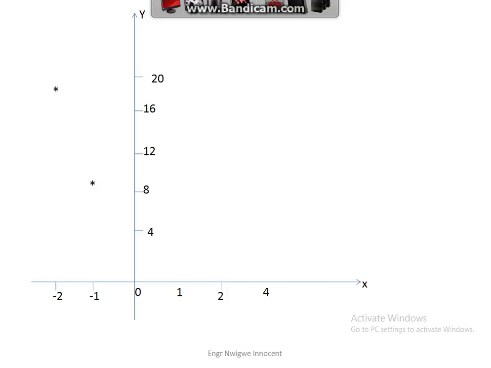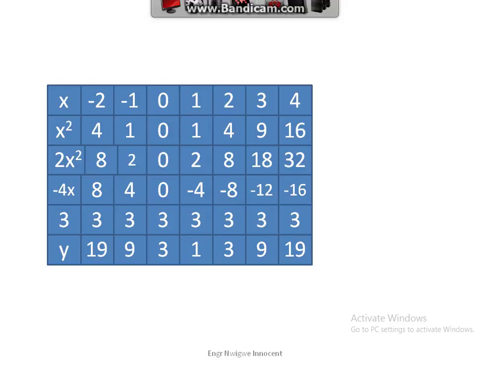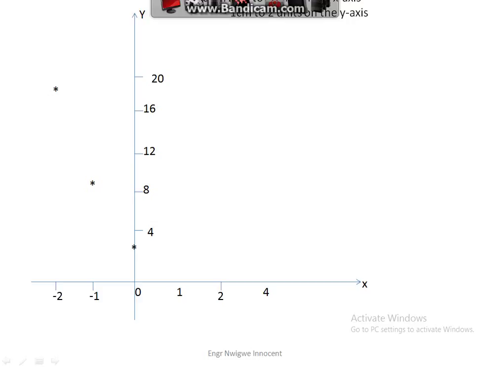On the graph, we trace x on the horizontal axis, which is 0, and y on the vertical axis, which is 3. We mark it with an asterisk. We now look for the next value on the table, which is 1 for the x value and 1 for the y value. Then we go to the graph and